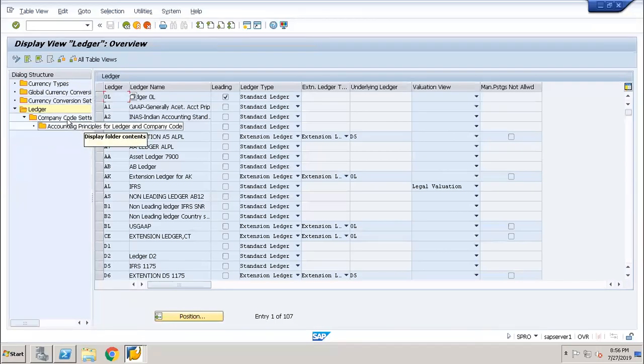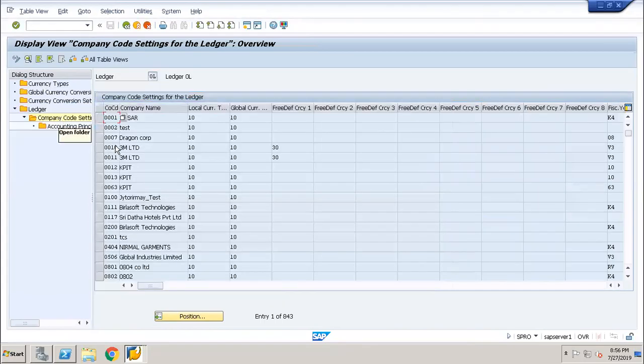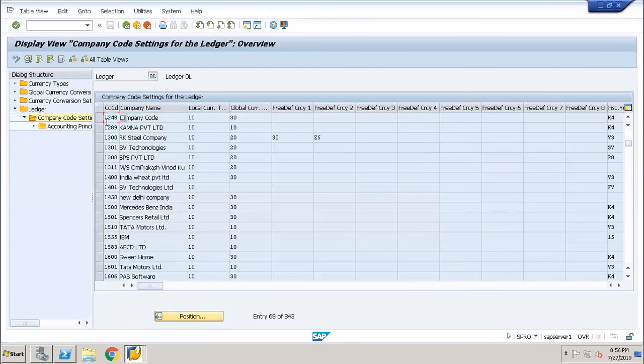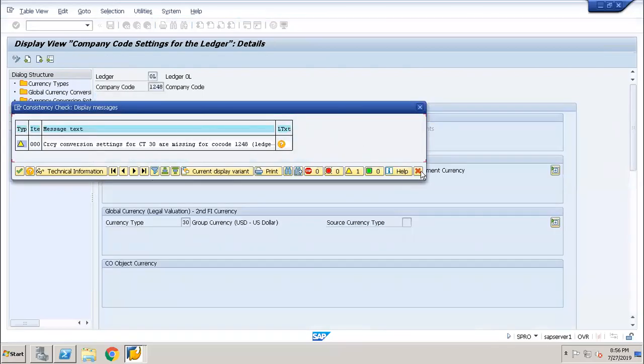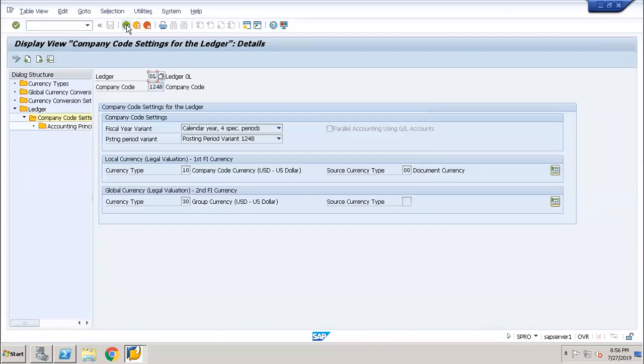Okay, now if you see over here, the ledger, if I go into the company code and select 1248, we found this here. Correct? It happened automatically. We did not do this. Now the important thing is, since this 30 is our group currency,